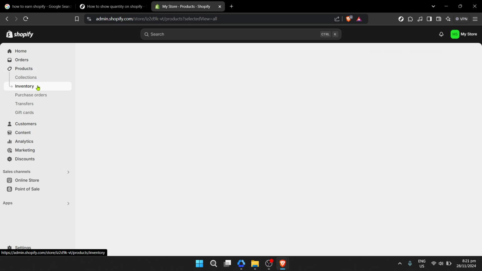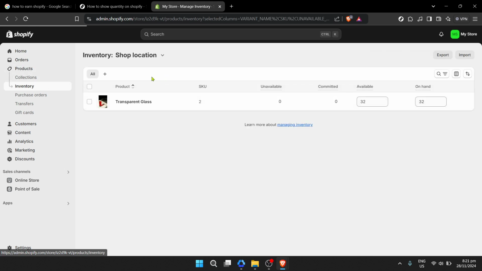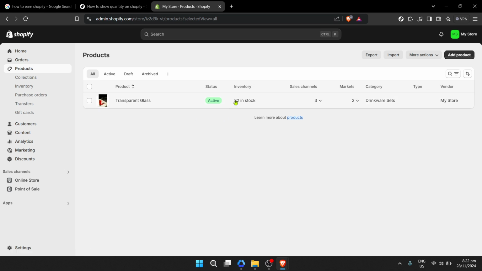So, why is displaying the quantity of your products important? Well, for starters, it gives your customers a clear idea of the availability of your products. If you're running low on a popular item, showing the remaining quantity can urge customers to make a purchase decision quicker. This sense of urgency can lead to an increase in sales, especially for limited stock items. Additionally, displaying inventory counts can help build trust with your customers. It shows transparency about your stock levels and can reduce the number of customer service queries regarding product availability.